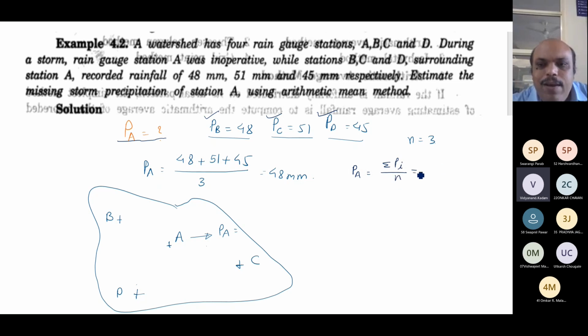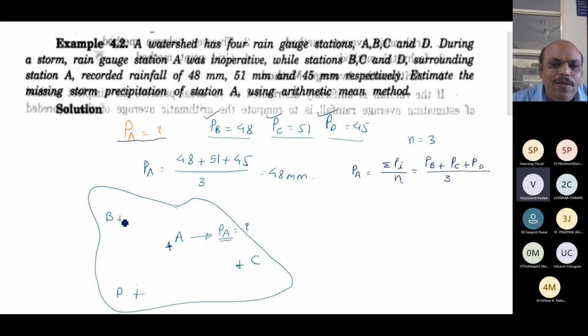Okay, and that is equal to summation of PI, which is summation of precipitation values at stations B, C, and D, divided by N. What is N? N is number of index stations. Okay, that is 3. So this figure shows that this is station A, and for that PA is missing, and